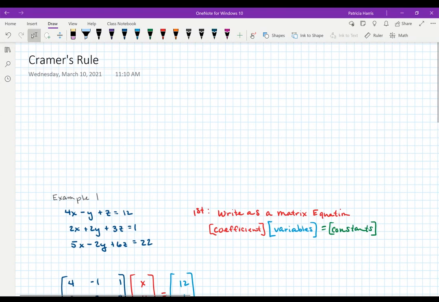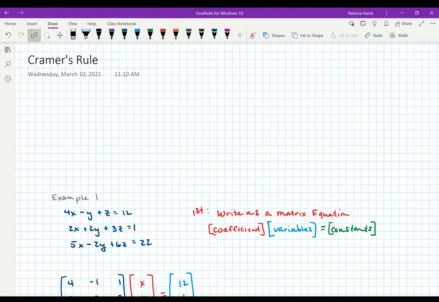Okay, today we're going to learn something called Cramer's rule. You guys should be aware that there are several ways to solve a linear system. So the first couple ways you actually learned about in previous classes, those were graphing and you found intersection points,